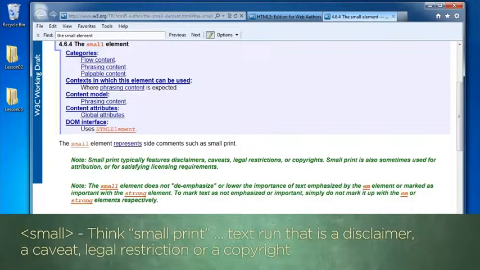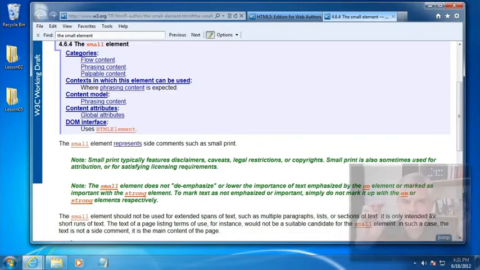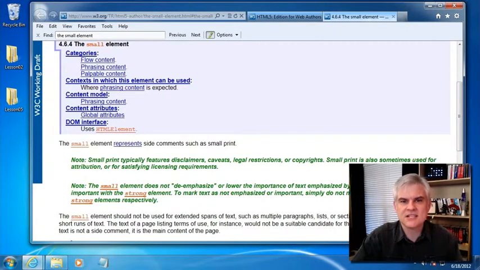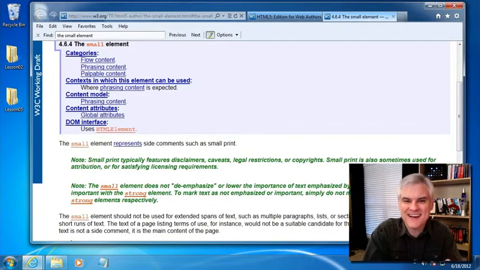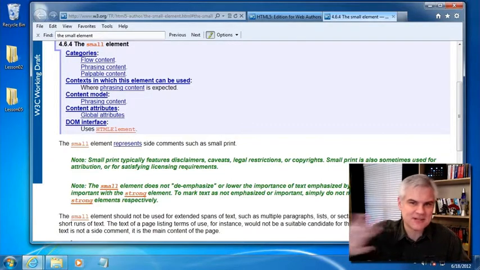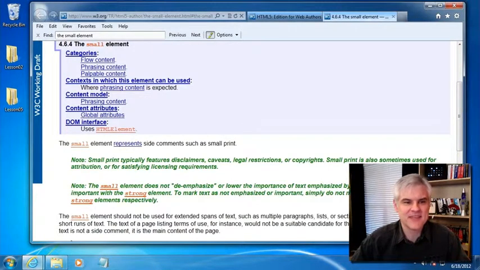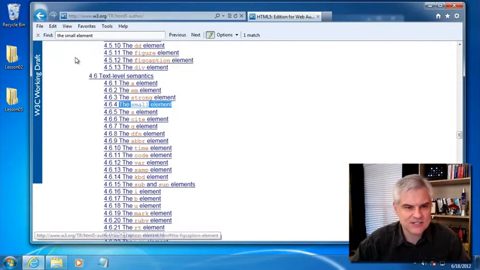Think small print, like in those car ad commercials, or some text run that's a disclaimer or a caveat or a legal restriction or even a copyright. Just to be clear, just because it uses the word small doesn't mean that it has to be presented using a small font. Again, think of the meaning of the term, not the presentation. That presentation is the job of cascading style sheets. All right? So we're going to compare that to,